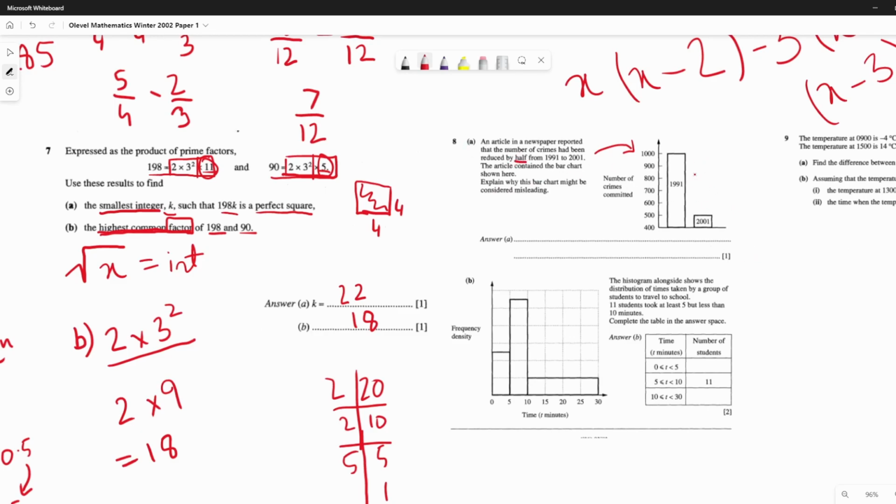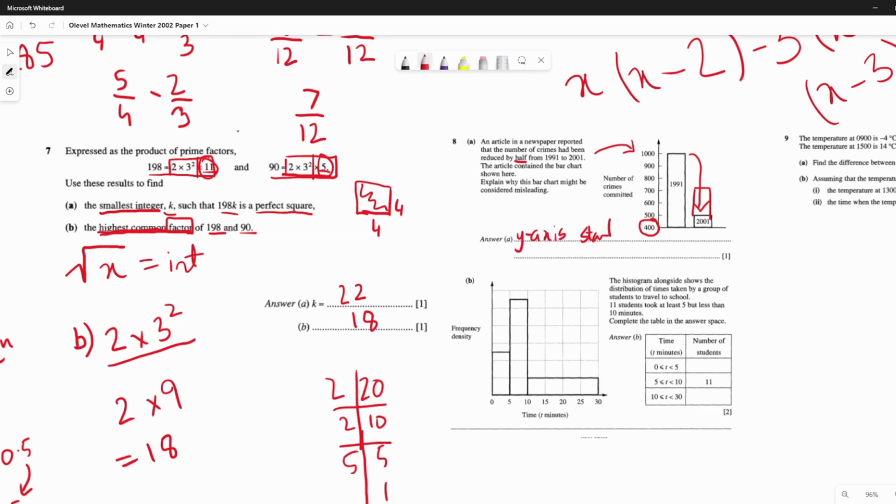So what we would be expecting was that this would be half of this one, but it's much lower than half. And that is because it seems to start at 400, whereas if it was started at 0, this would be half of that. So we can simply write the y-axis